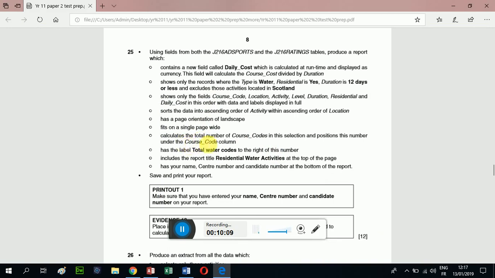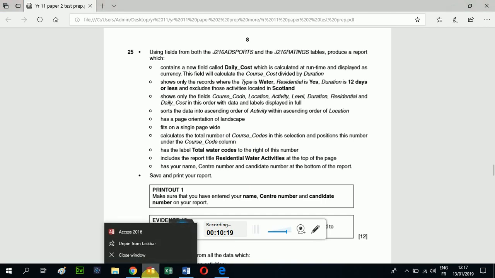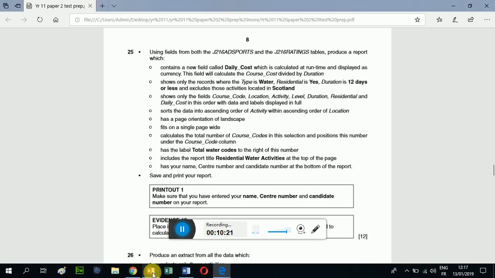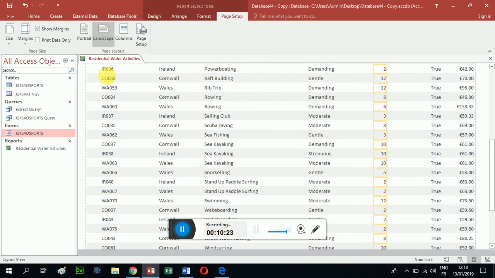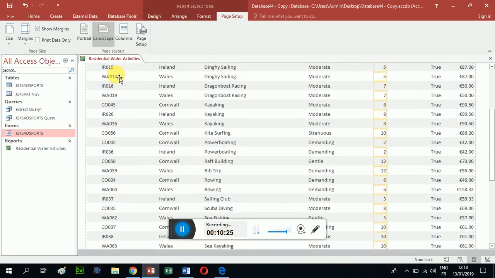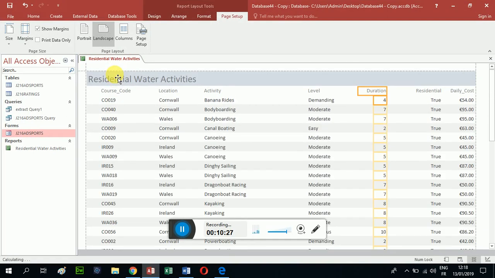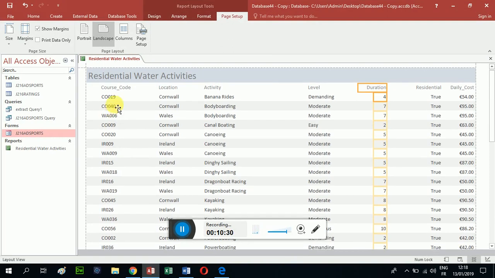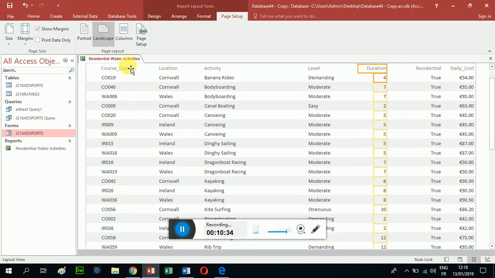Great. Calculates the total number of course codes in this selection and positions this number under the course code column. Okay, this is something I can't do in query because let me explain what I'm doing. I'm effectively going to count all of my course codes here. So I'm going to put in a little text box and a label that will count every single one of these course codes. And I believe there are 42 of them. So in order to do that,